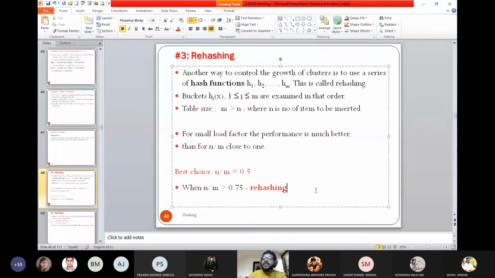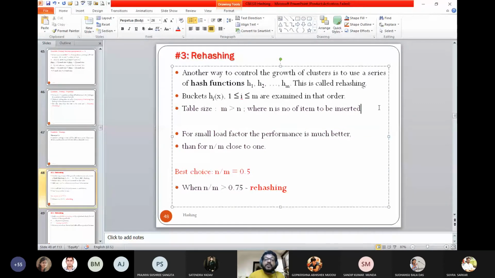Suppose you create a database or a table, and once you create it, people are mostly performing searching only, querying the table to retrieve something. One effort is storing, but the number of times the search is carried out is much more. If you find that it unnecessarily slows down the system, or people are not happy because search takes more time, at that time we go for rehashing. That means we discard the first table, and whatever key information we have, we take the help of the second hash function to do that.